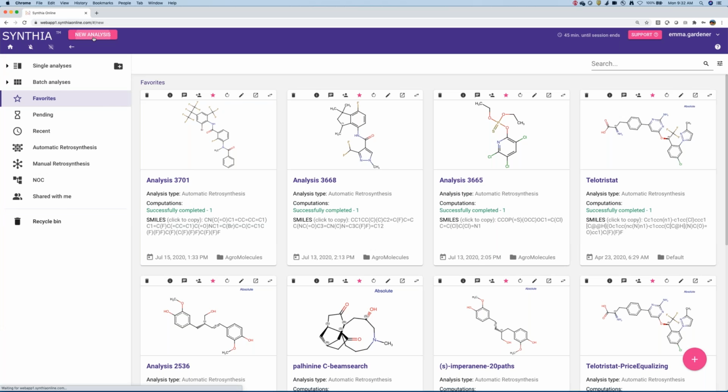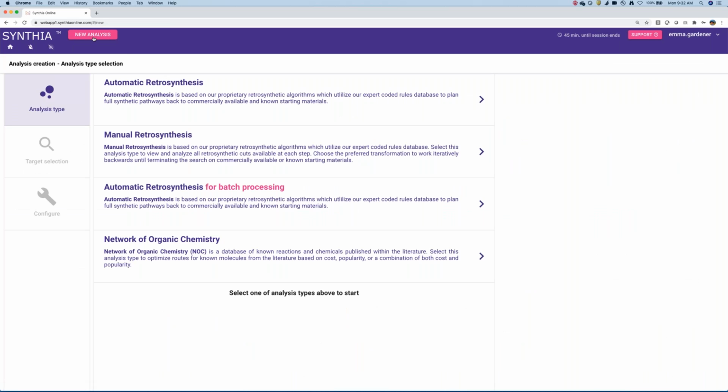So we hit this new analysis button, and there's actually a few different ways that you can use Synthia. So our main mode is this automatic retrosynthesis, and this is primarily what I've been talking about, where you can put in the target that you're looking to make, you give it some criteria of what's important to you for the synthesis, and then Synthia will plan those full step-by-step routes back to commercially available starting materials. But we also have a manual mode,